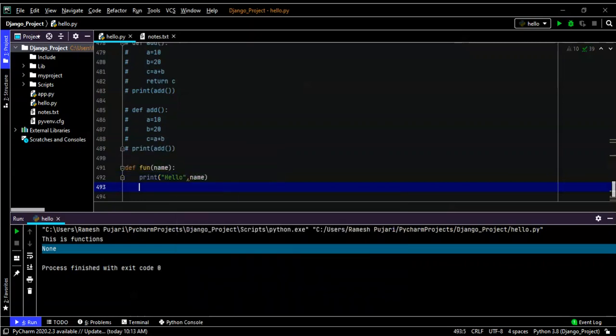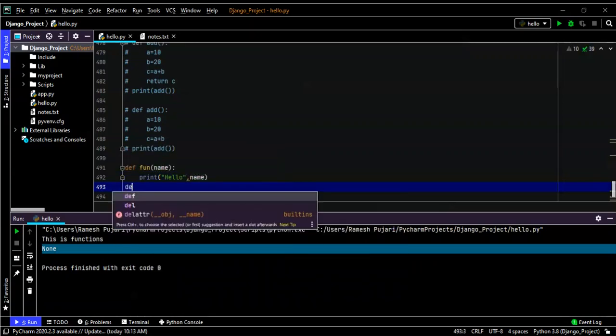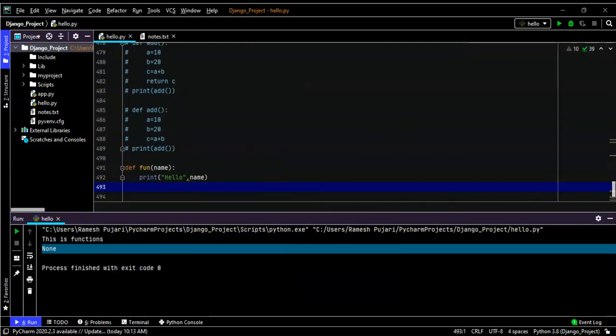So I have to call this function. The function name is function and I pass the parameter here. For example, I will pass Ram. So this is passing a parameter in the function.